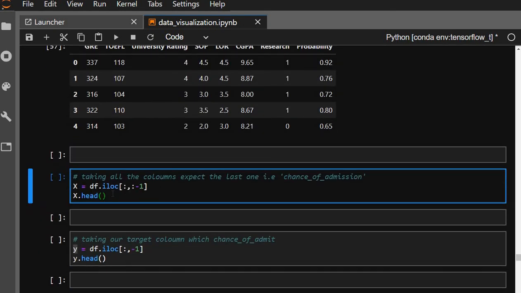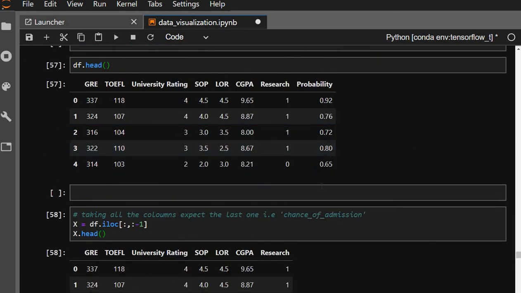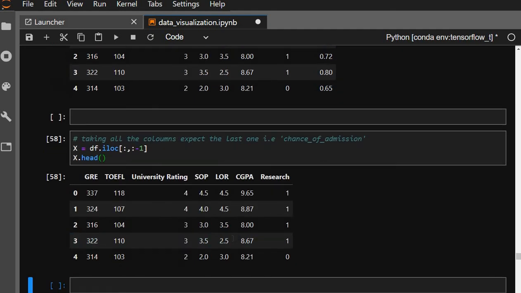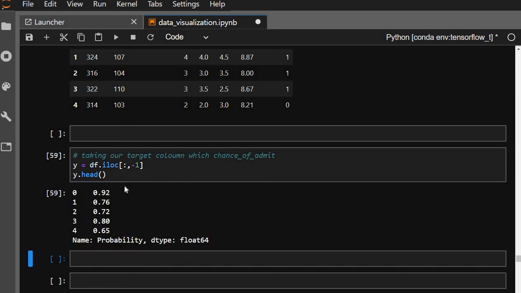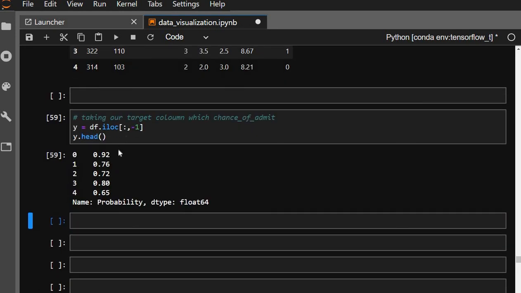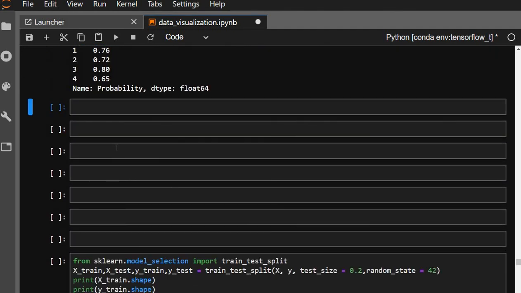So if we run this, we can see that our features are now a data frame without the chances of admission column. And then for our target column, we are going to choose just the target column, removing other columns. As you can see, that is the column for targets. So now that we have the column for features and the column for targets, the next thing we do is